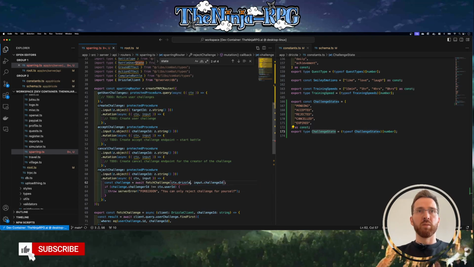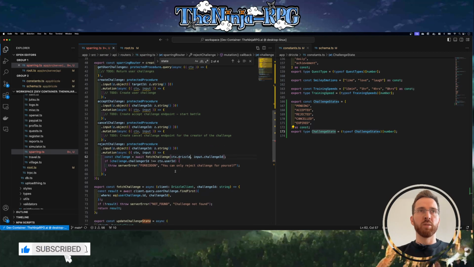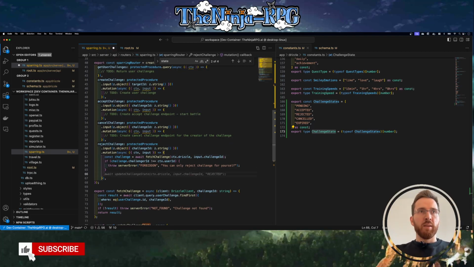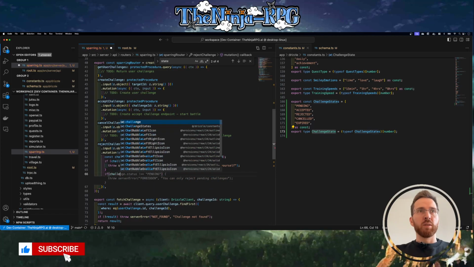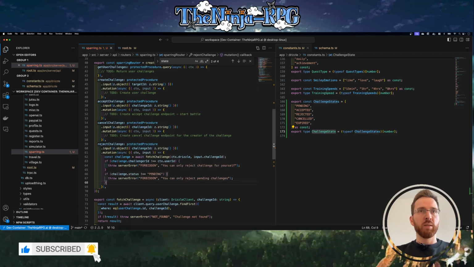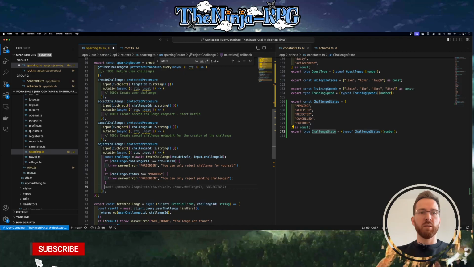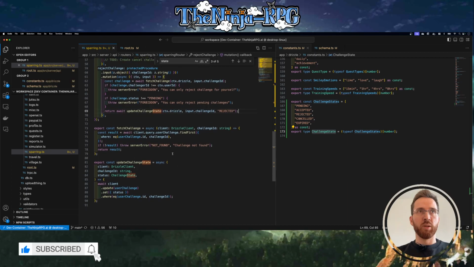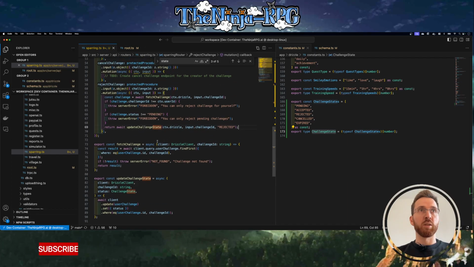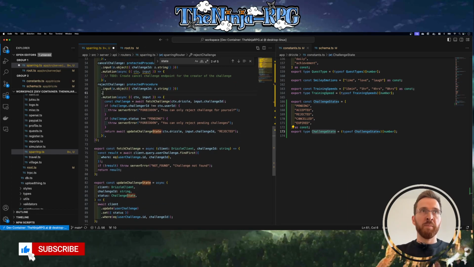Is it ctx.drizzle? Yeah. And also, if the challenge status is not pending, you can only reject pending challenges. And then finally, we return await rejected. That looks about right. We could also say we want to return a base